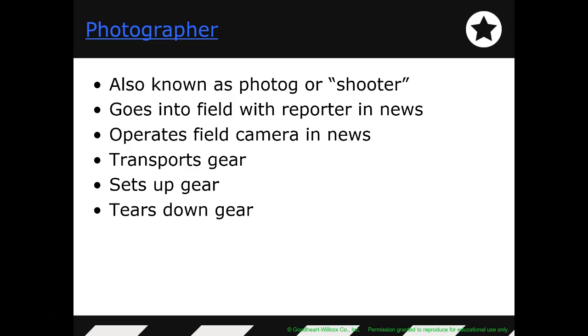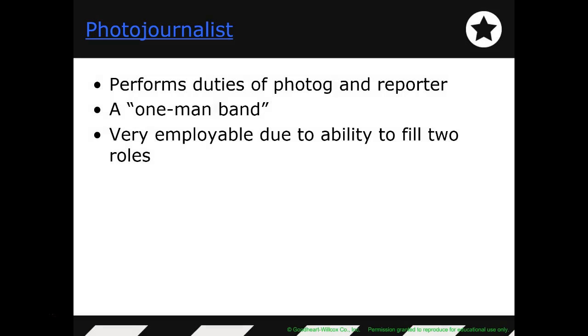The term that I had talked about earlier, the photojournalist, is becoming something that is fairly new in the news world. This is a one-man band, so this person is the reporter, so they're on camera. They also have to set their camera up and their shot up. Once all that's done and they record their story, they have to then edit that entire story, and then once they edit it, they have to then get it back to the newsroom so that they can play the story later. If you're looking at going into broadcasting, you need to know this.